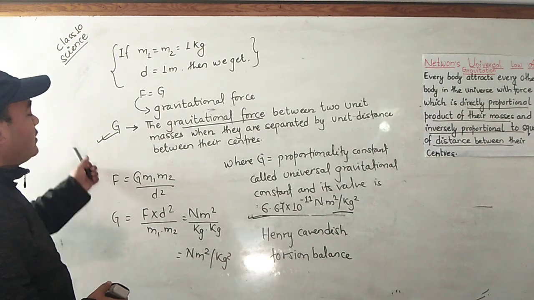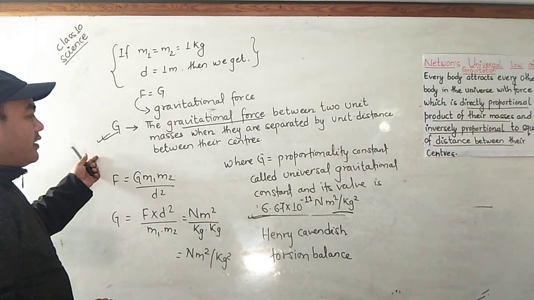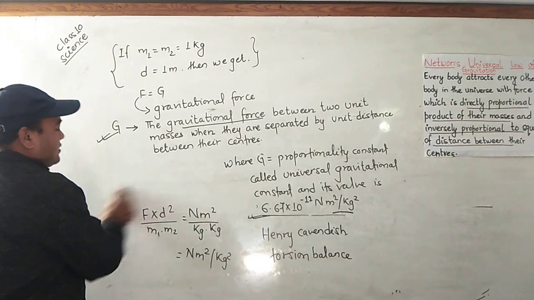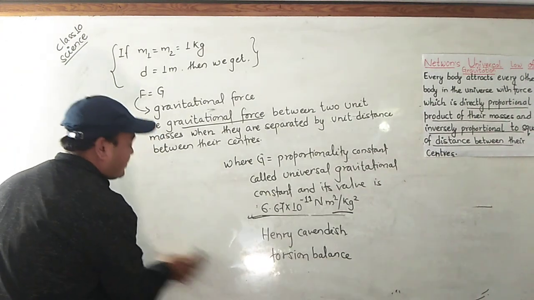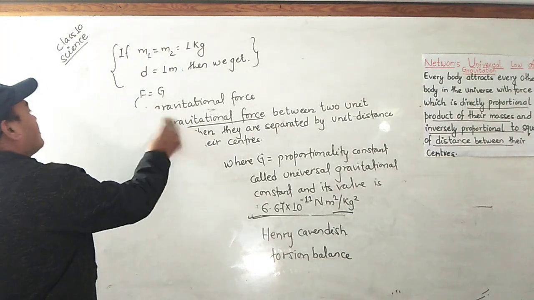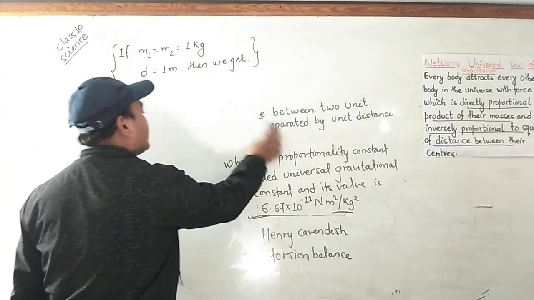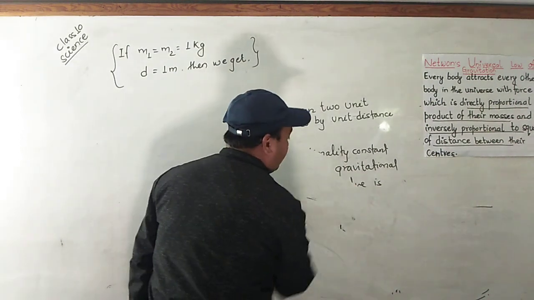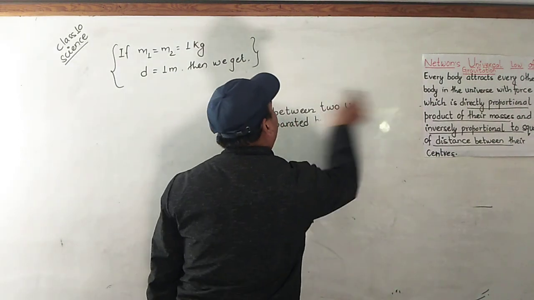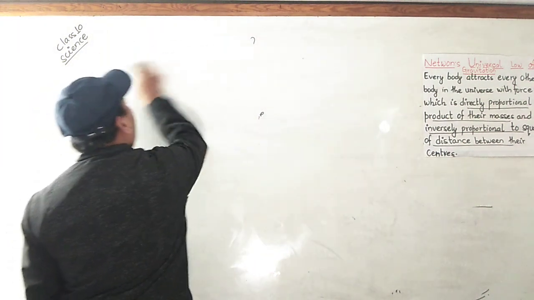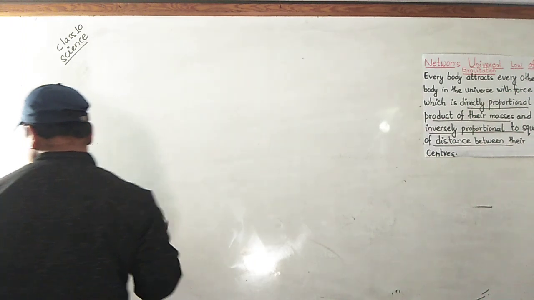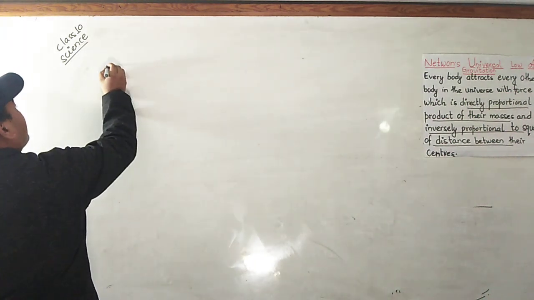Okay, this is the relation that we have derived. Now, using this relation, we are asked to solve certain problems. Sometimes we are asked to find the gravitational force or the distance between them. And one example I am doing here, how to solve the numerical problem. Okay, one numerical question.